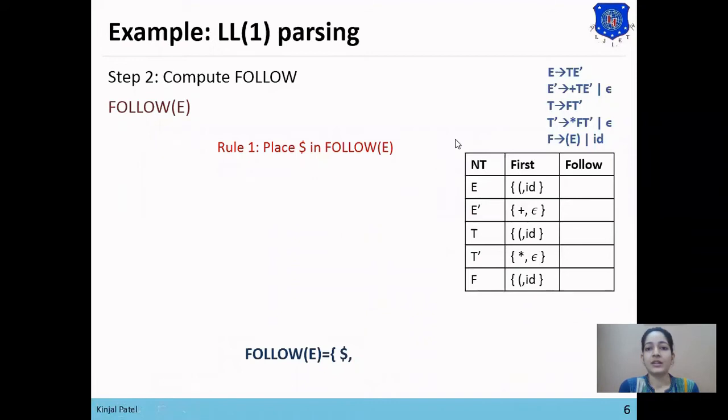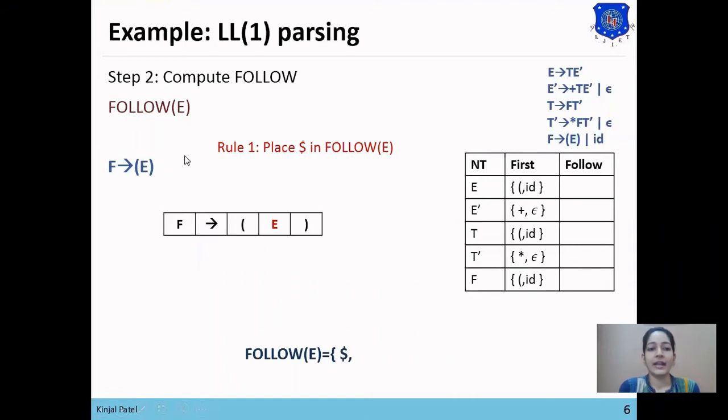Now second rule says that find the E symbol at right hand side. So in the last statement E is present, so we'll take that statement F produce opening bracket E and closing bracket, and we will compare this statement with A produce alpha B beta and A produce alpha B, and we will apply rule 2 and rule 3 accordingly.